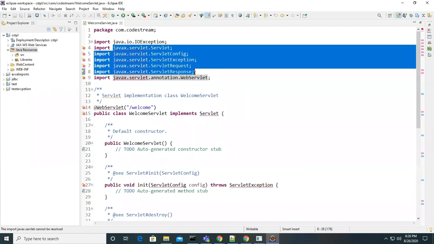Server, sir. What server? What do you mean by that? Tomcat, sir. So it's a compilation issue, right? Yeah. So you mean to say these classes and packages you can find from the server? From where?